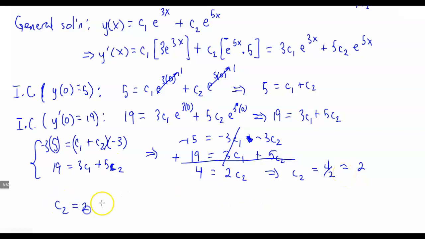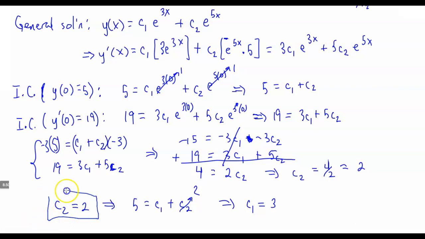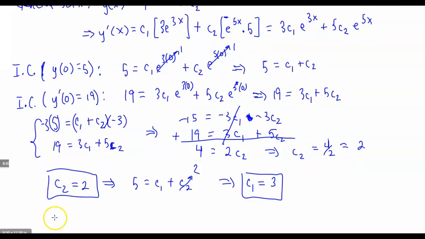So if C2 is 2, this implies that from here, this is 2. Then this tells you that C1 is 3 because 2 plus 3 is 5. So here are our specific values. And so now our particular solution, which will be our unique solution for this case since we have an initial value problem, is going to be